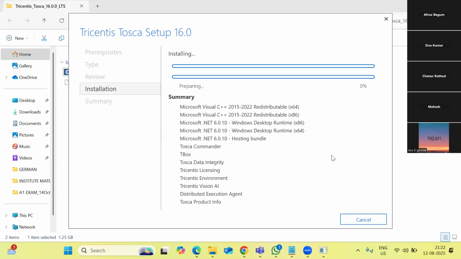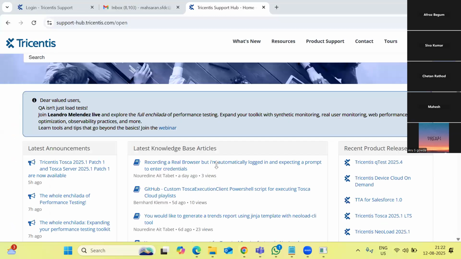So after installation, there is a finish option. Click on Finish, and then it will close. Then go to the search bar and search for TOSCA Commander. Okay. Here, right. So when you open that,